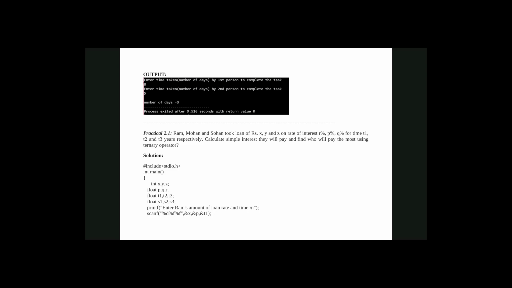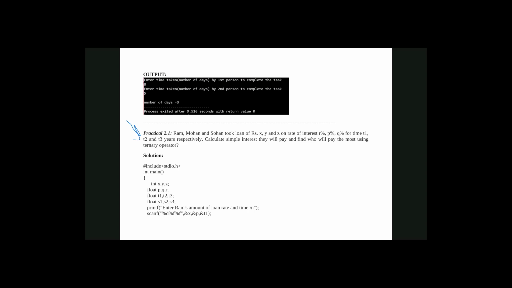So for this program, practical 2.1, do you want to see the flowchart of this again?